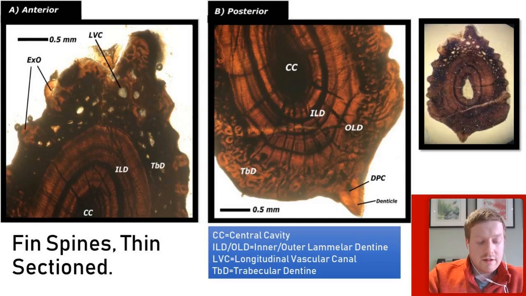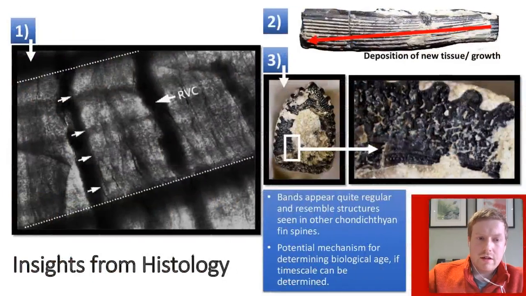Because we're looking at the tip portion of the spine here, we see much thicker lamellar dentine than we would at the base of the spine, as this forms later in the growth of the spine. What's interesting about the lamellar dentine is that it exhibits colored banding, including darker bands, which appear to indicate more distinct breaks in the growth of the dentine layers, and thinner bands, which we can see more closely in image 1